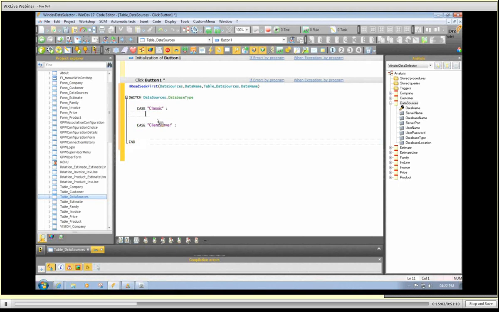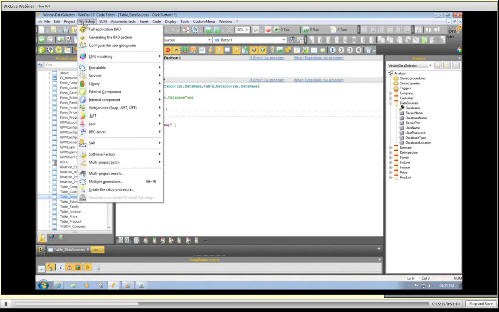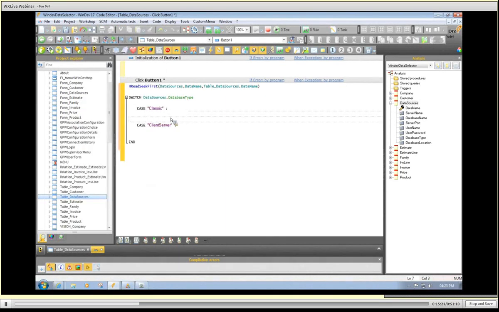Now, the first thing I need to do when selecting a data source is obviously create a connection. But I'm going to bypass creating the connection because the user groupware, when you do a manual start of the user groupware, you actually create a connection as well. So I'm going to do a user groupware open connection. So if GPW open